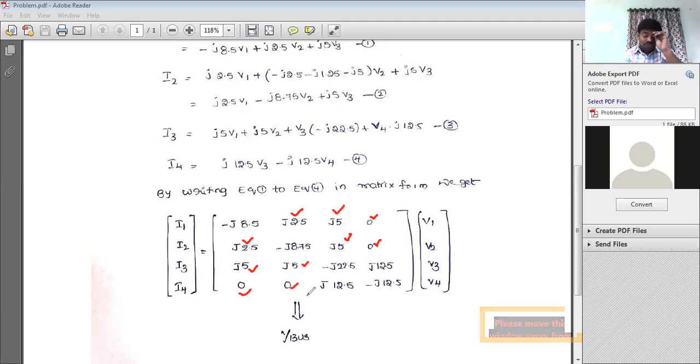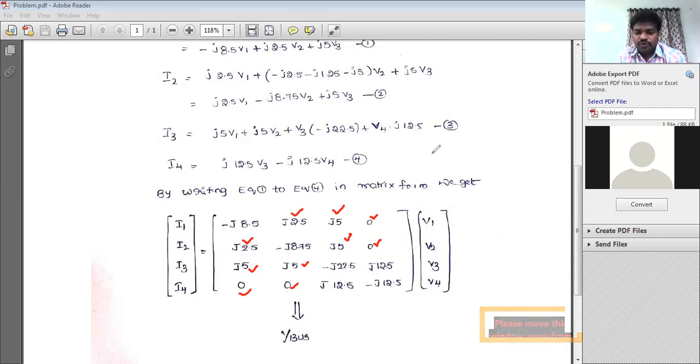So you do not need to find all the admittances. Suppose it is a 4 by 4, it is not necessary to find all the parameters. Why? Because if you find y11, y22, y33, y44, up to ynn, that is the only difficult part. The remaining are easy: if you find y21, obviously that will be equal to y12. If you find y41, obviously that will be equal to y14.